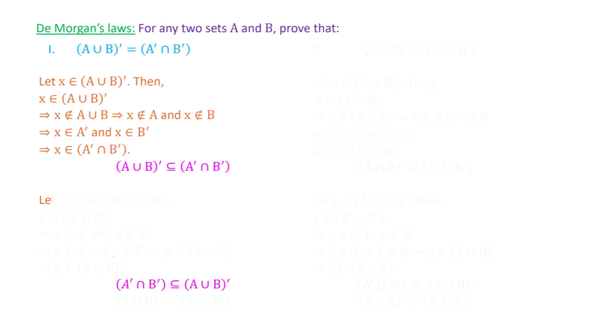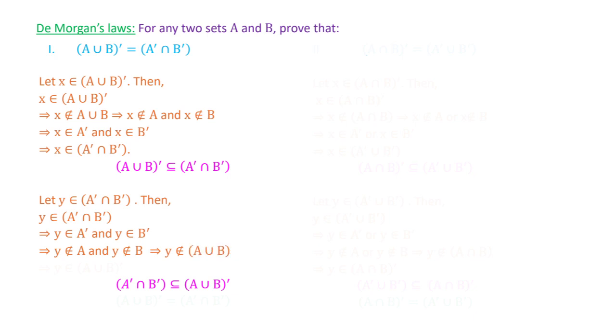For the second part, we are considering the element Y from the set A complement intersection B complement. Then what does this imply? That Y belongs to A complement and Y belongs to B complement. If Y belongs to A complement, it means that Y does not belong to A. Y belongs to B complement means Y does not belong to B, and we have AND there. So how can we write this situation? We can write this implies that Y does not belong to